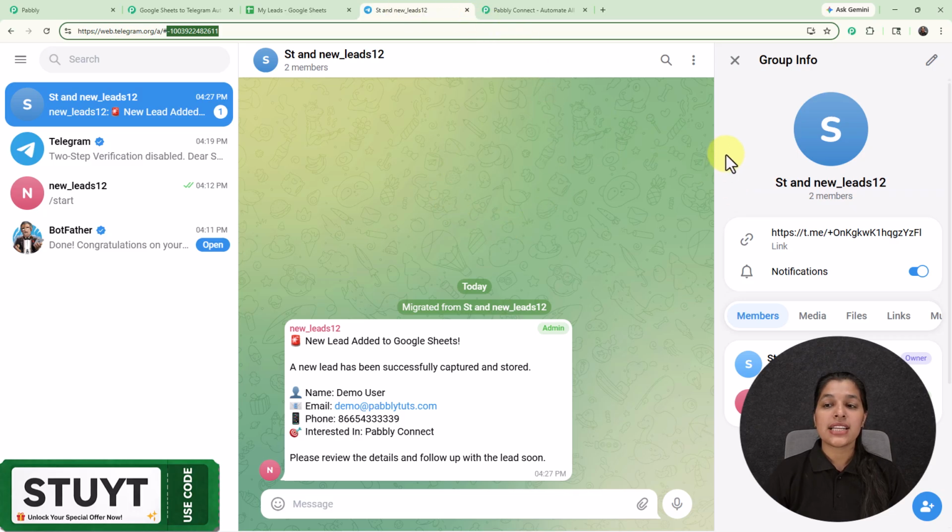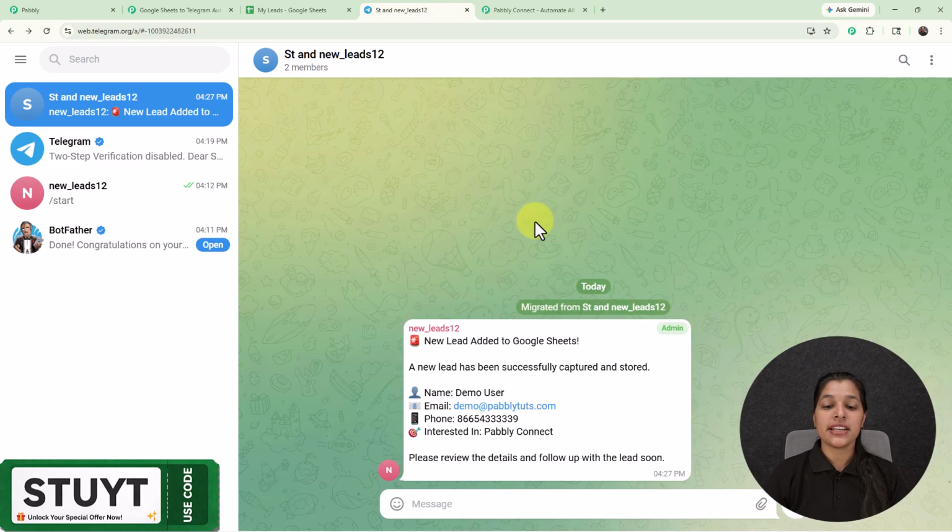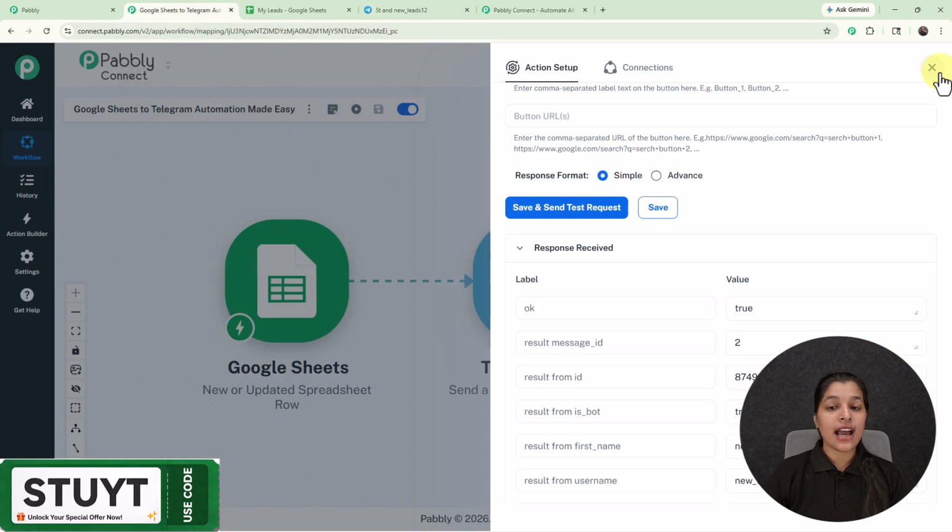So right here you can see that this is the group which we have recently created, and here I'm successfully receiving this message which says new lead added to Google Sheets, and here I'm getting all the details of my lead. So now you have seen that how I have created this amazing automation by using which I'm going to notify over my Telegram channel regarding the new lead entry received in my Google Sheet. So now you can also create this automation without even a single word coding,